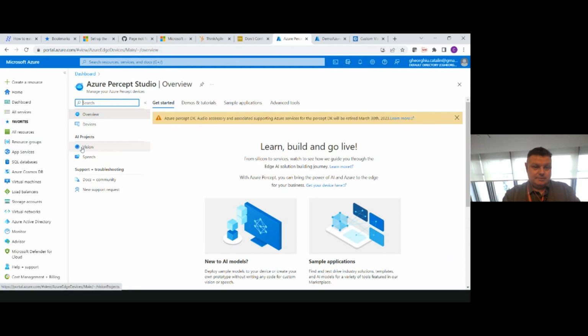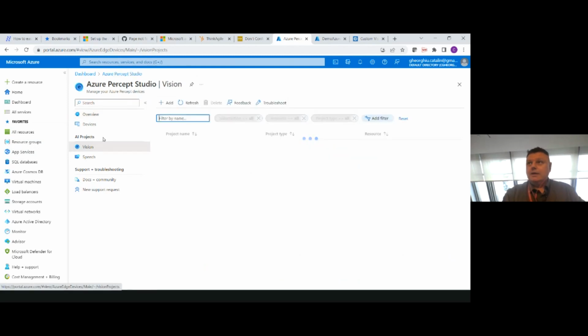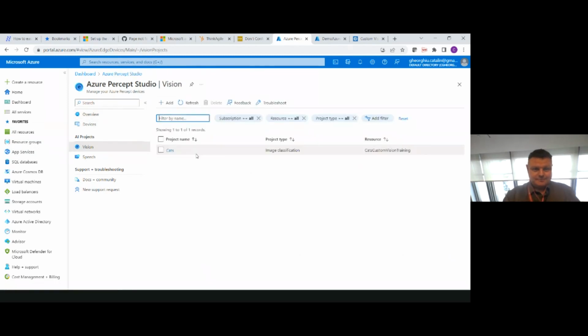We can go to vision, and we see already here listed our project. So we can just click and we deploy it on the Azure Percept, and this will do the recognition. I'll say it's a very fast way of doing it. Okay, getting back again. Remember that on the Percept, I would say